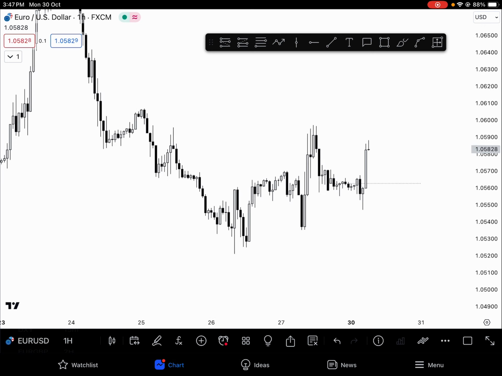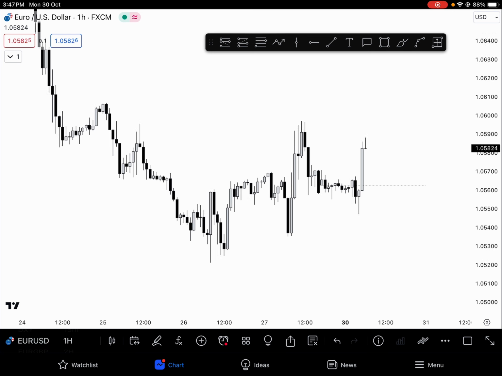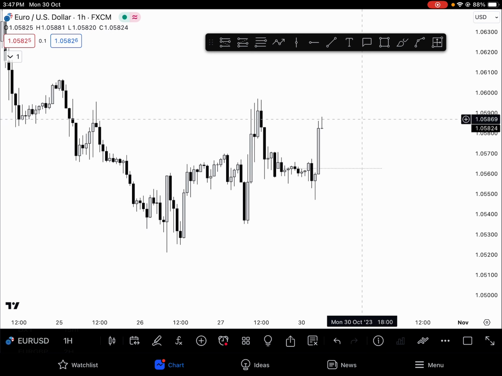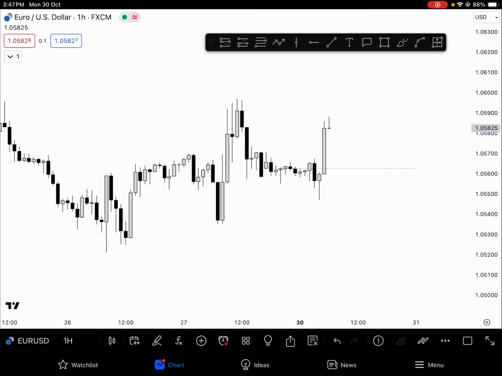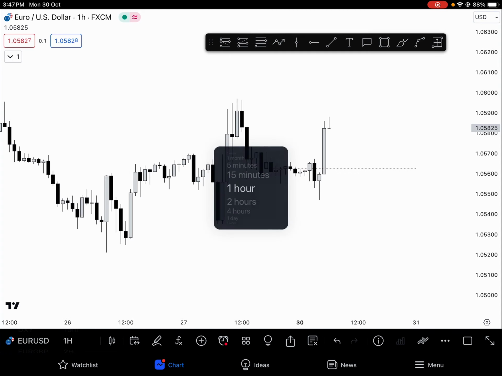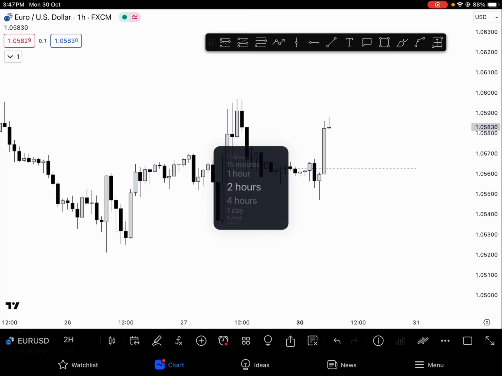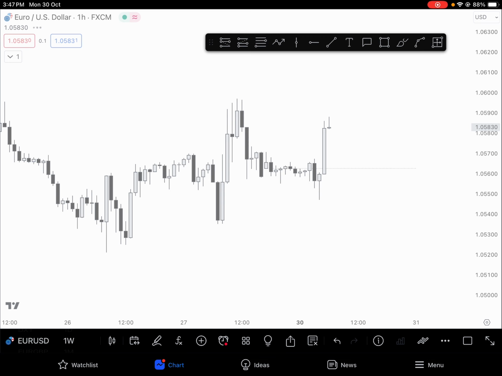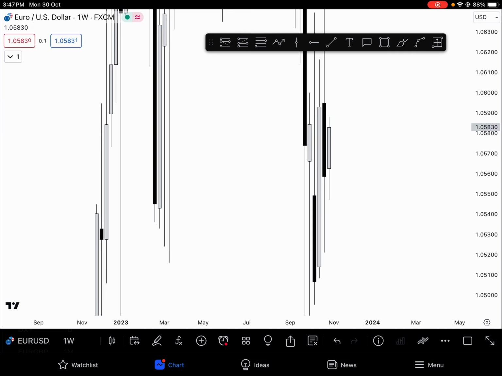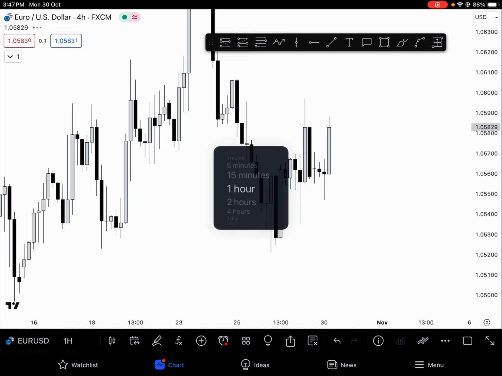Okay, so let's start analyzing the trade idea I have shared on Telegram. Today is Monday. Monday, for me, is not a high probability day to trade, but if price is trading at any higher time frame PDRA, then it makes sense to take a trade on Monday itself. There is no harm in doing that. So let's start by marking our weekly opening price.